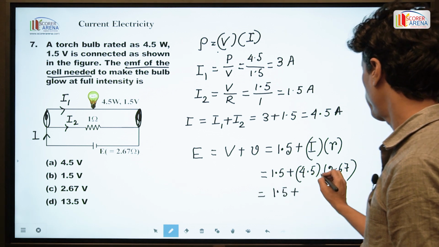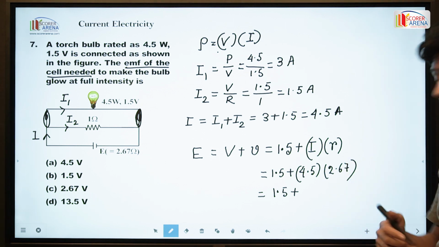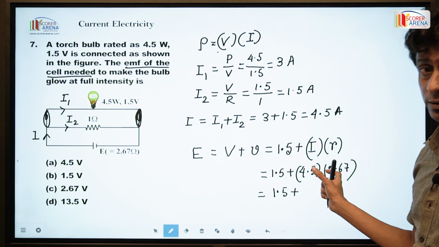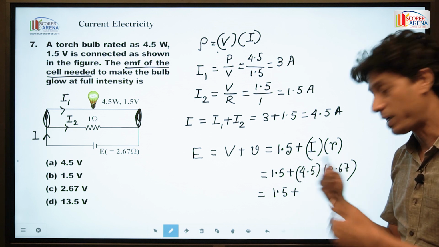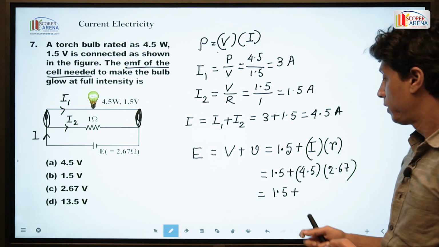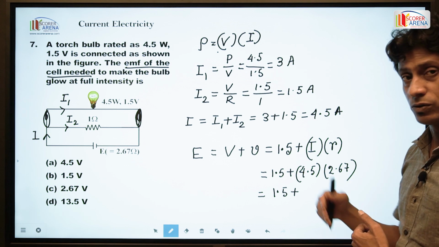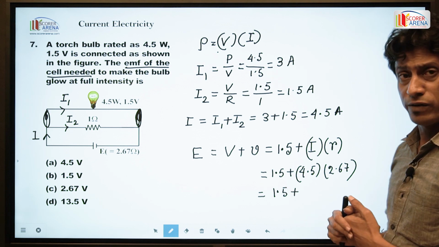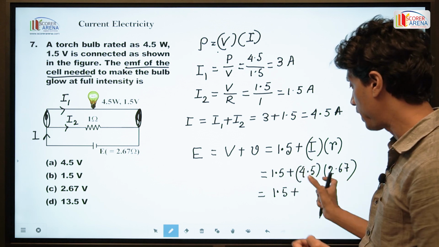1.5 and 4.5 roughly multiplied by 2 or 2.5, so it should be greater than 9. Without calculation in the examination hall, try to find out the answer without calculation. Just by applying logic, if we take 4.5 and it is 2, then it is 9. But 4.5 multiplied by 2.67, so the result should be greater than 9. 9 plus 1.5, the minimum value I have taken here, if it is 9, then 9 plus 1.5,